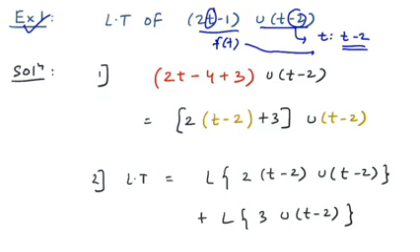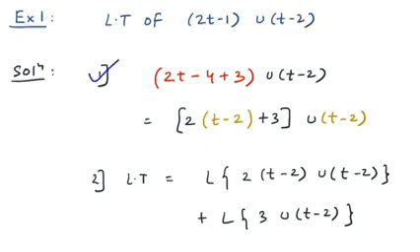So how to do that? At this point the time is at origin. So how will you convert this t to t minus 2? Surely you have to do some manipulation, but how to do manipulation? Let's see that. So the first step is the manipulating step, where you can see that minus 1 is written as minus 4 plus 3.